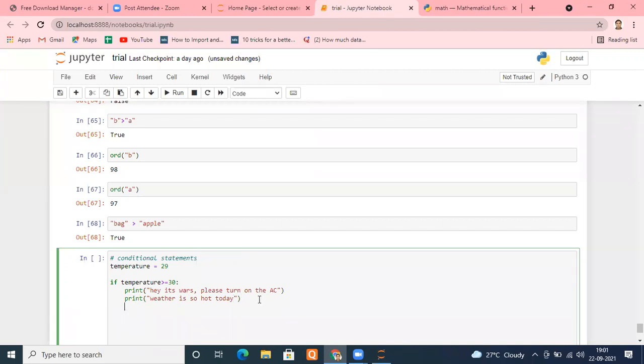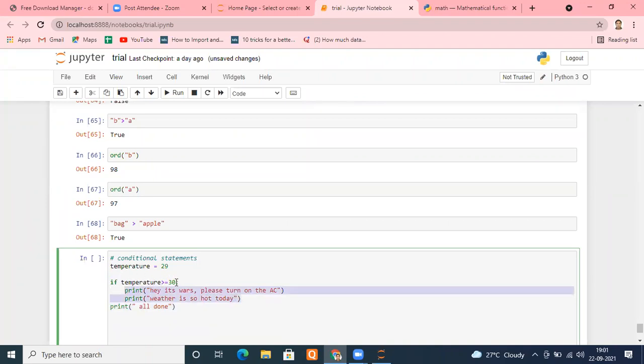Now remember, if you move out of the indentation, I come here, press backspace, reach here and type print "All done." So what is going to happen? Remember, this statement is not part of the if statement. It is at the same level as if. But these two print statements are inside the if statement.